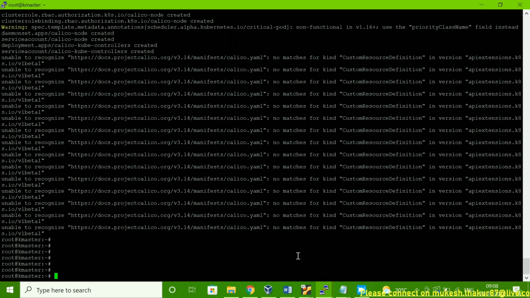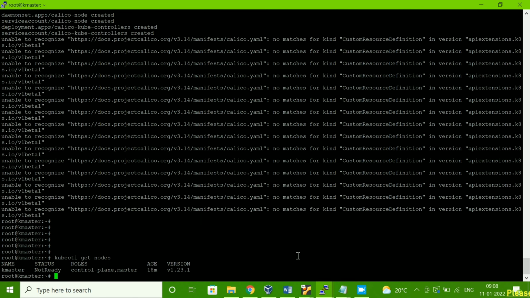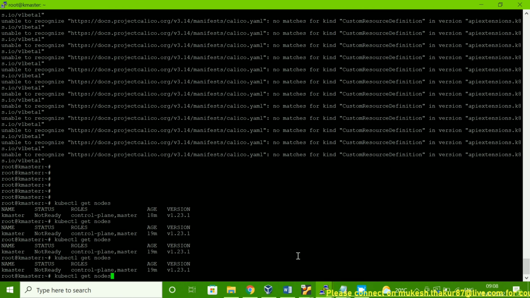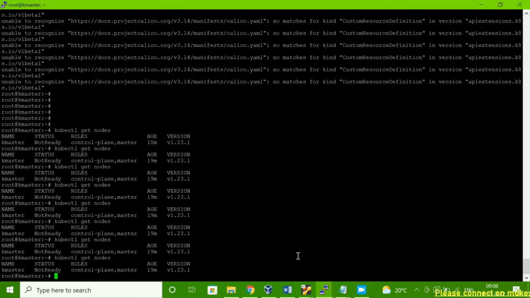Now let me run kubectl get nodes. So it's showing not ready. We can wait for some time because we just added a network, right? So we can wait.